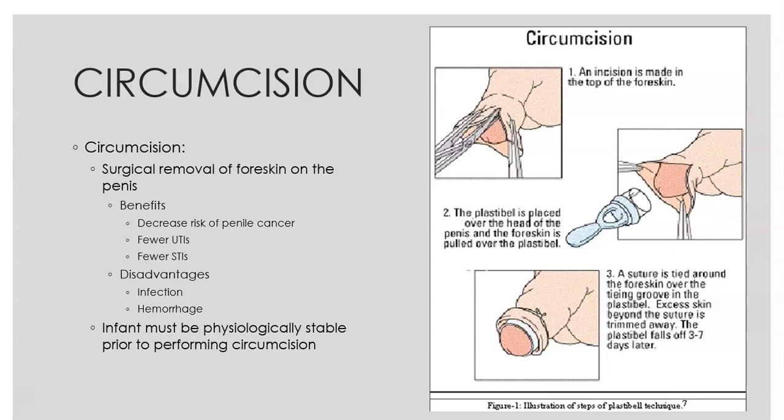So some important things to teach parents regarding circumcision care. They will usually give them gauze and Vaseline so they can wrap the penis in the Vaseline gauze so it doesn't stick to the diaper, or at least put Vaseline on the penis itself, because it is going to have some serous drainage. Totally normal, so serous drainage is not concerning.